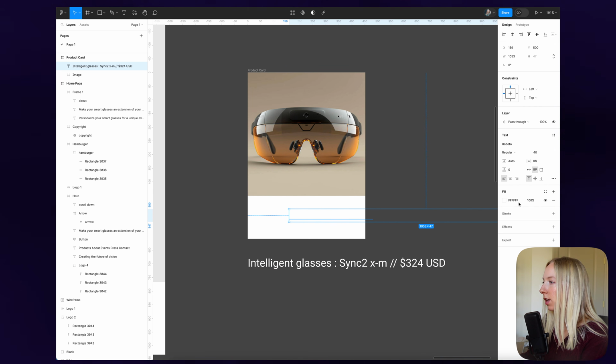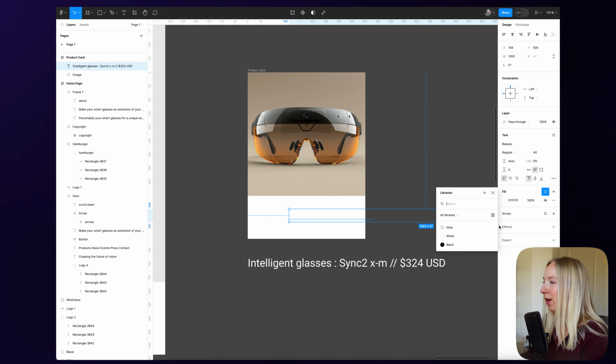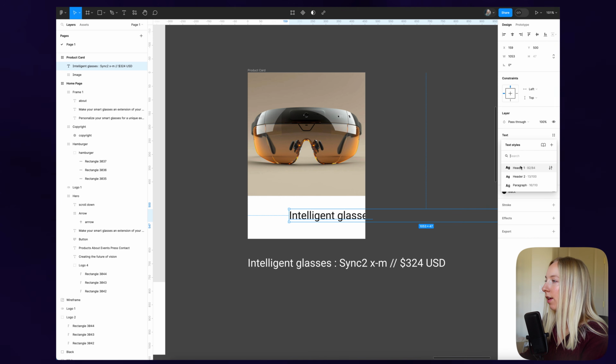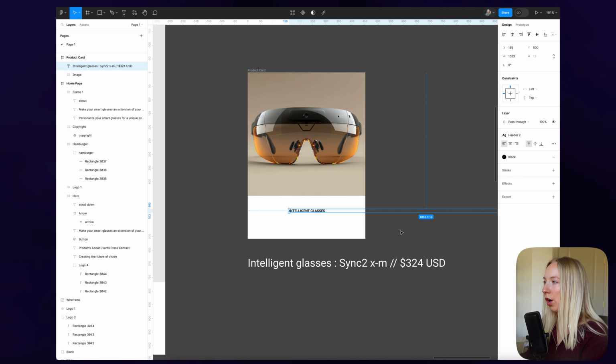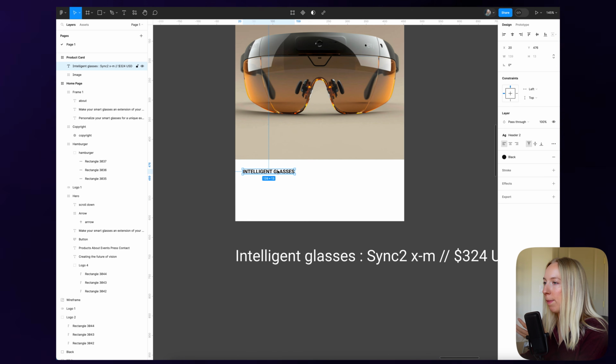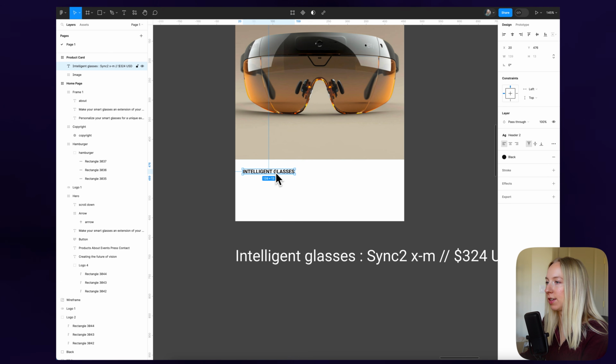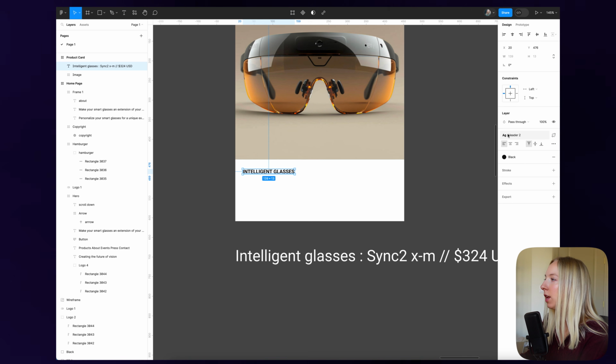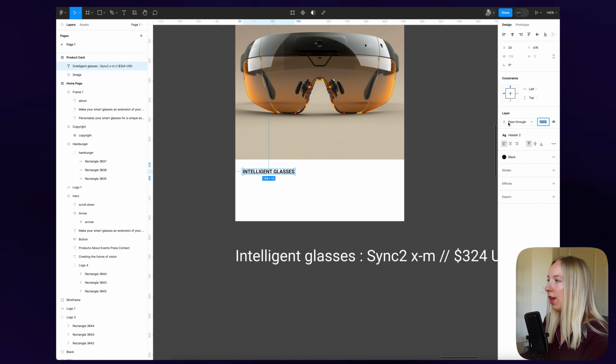This text here, let's do it in black, and let's do it as our H2. And that looks good, but I don't want it all black. I think I want this to sort of recede into the background a little bit. So I am going to give this whole text layer an opacity of